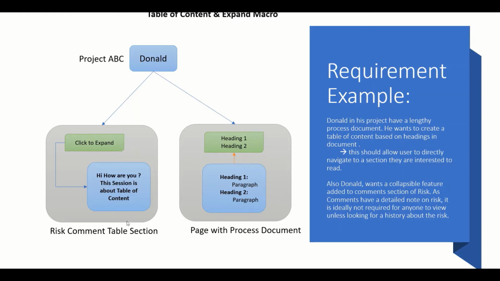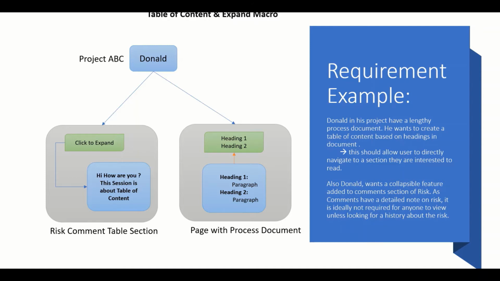And another situation is where we might have talked about the risk register, right? So there's a risk register which has a section called comments, and the project managers enter details and history about the risk in comments, right? So what the project manager wants is to make that particular cell collapsible. That means whenever someone comes over there, only if someone is interested, he or she clicks on that expand button and sees the details, else it's always collapsed, right? So these are the two examples that we will be exploring now.